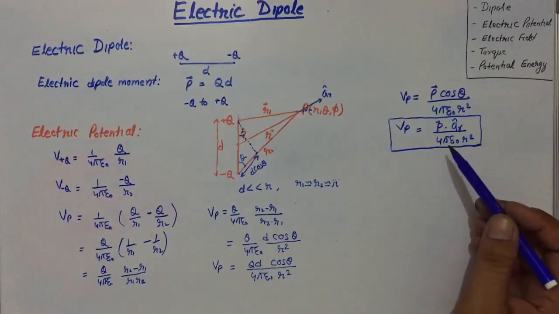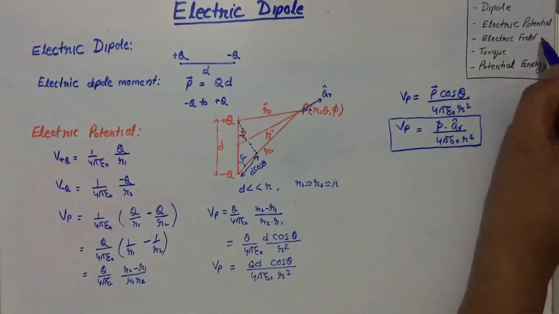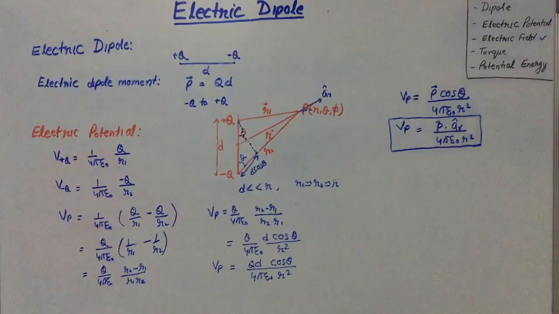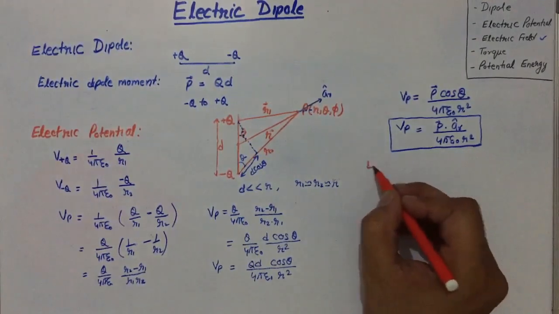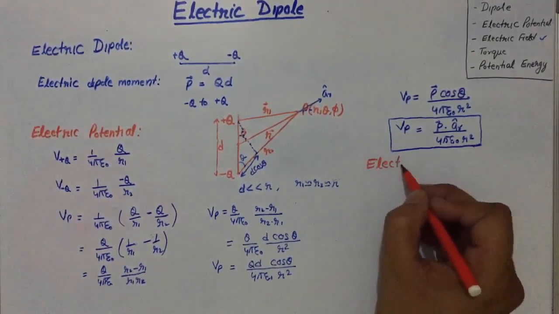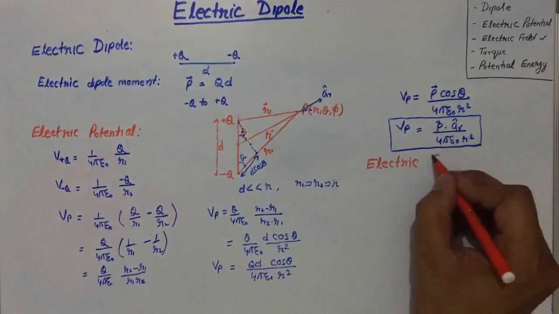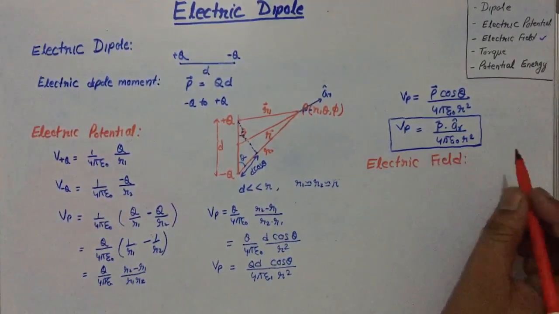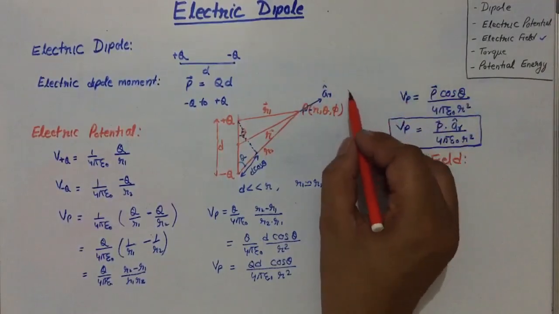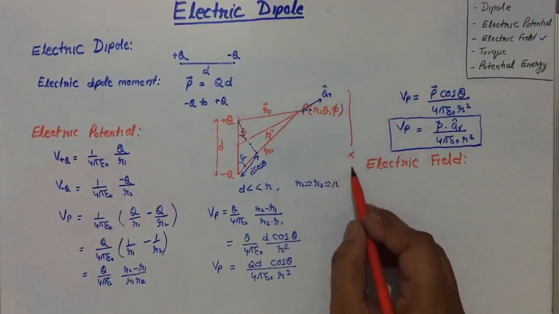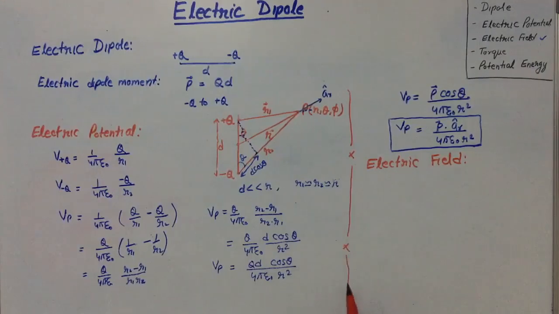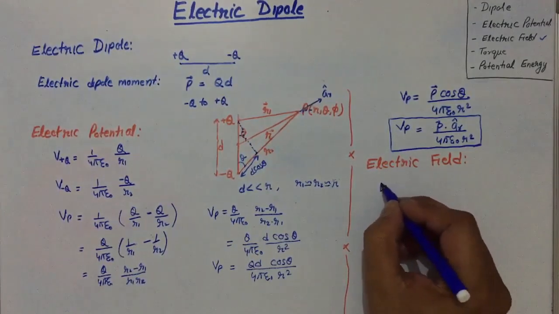Now let us try to find the electric field after the electric potential. Then the electric field can be written as, we know, based on the previous study,